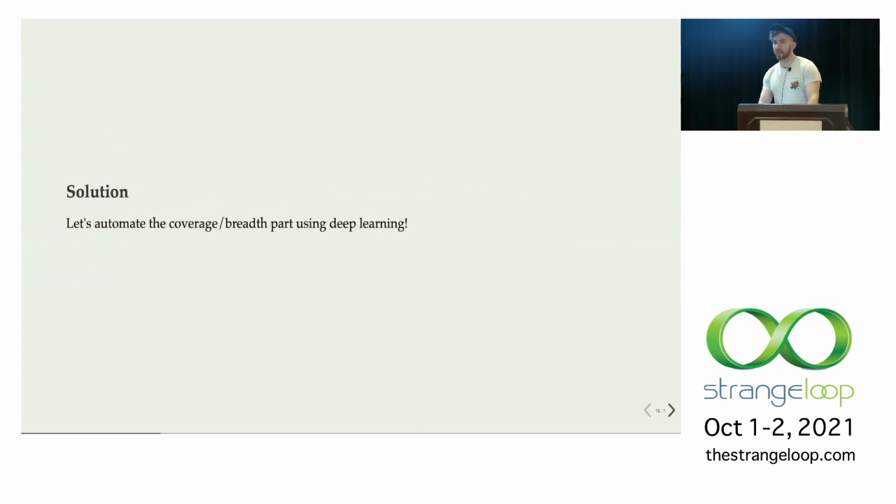The solution, actually, it turns out, is to wait a couple of years until you have junior pen testers to do the breadth thing for you. That did not strike me as possible at the time because I'm very impatient, so I decided to quit my job, go back to grad school, and study ML so we could try to automate that breadth stuff, so I could just do the depth thing all day long.